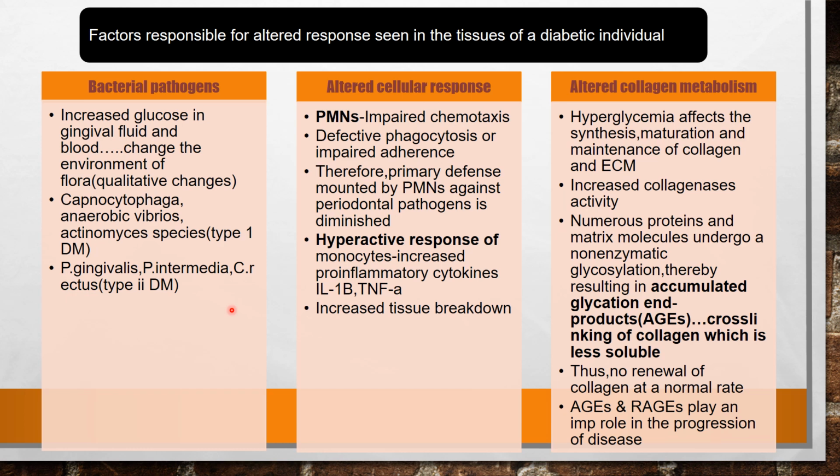In the case of chemotaxis, that is the locomotion of cells to the area where there is a foreign body, there will be impaired chemotaxis, defective phagocytosis, and impaired adherence. Therefore, the primary defense mounted by the PMNs will be affected. So this is the altered cellular response of PMNs, and also there will be a hyperactive